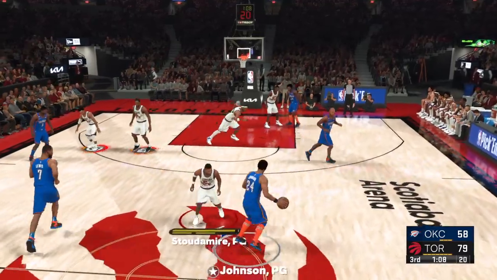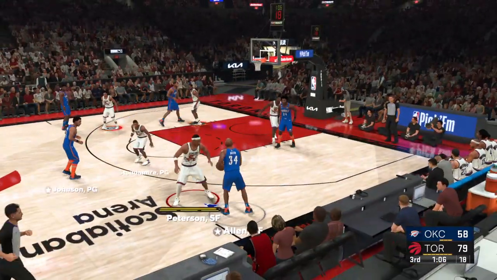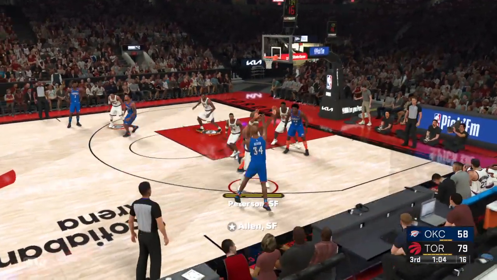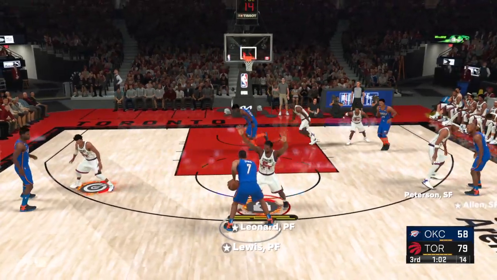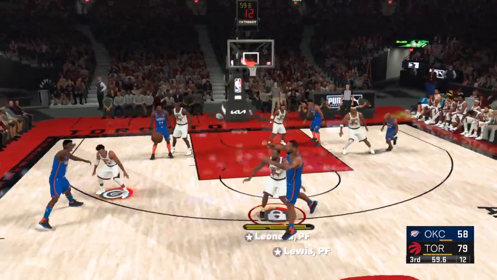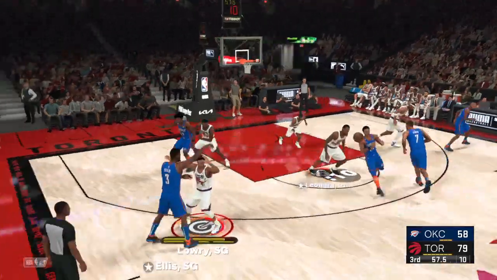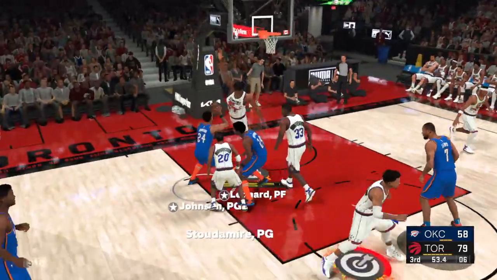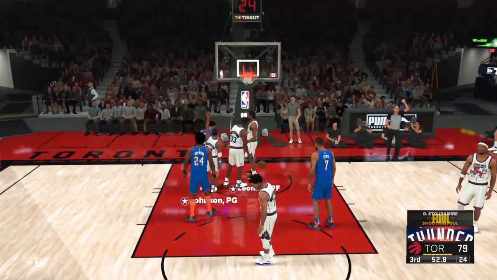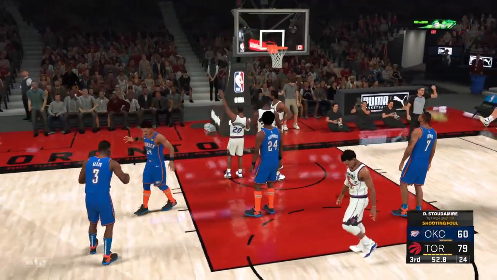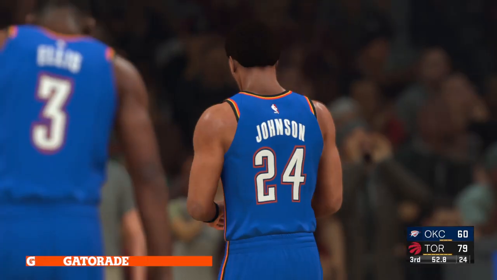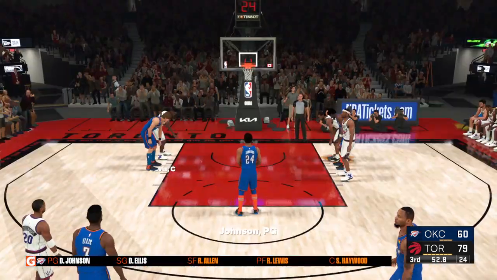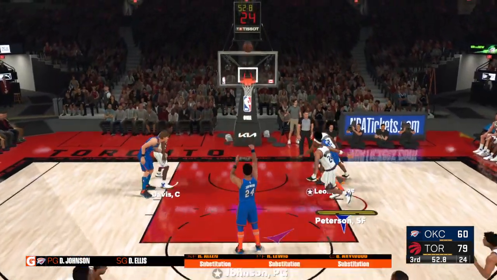Yeah, they're going to do a much better job of putting a little bit of pressure on him on his way to the hoop. Here's Allen. Kawhi Leonard making his last shot. Lewis kicks to Ellis. Pass to Johnson. Basket is good. He'll get a chance for one more at the line. Defensive breakdown there, no doubt about it. I mean, he's a guy you have to be focused on defensively.